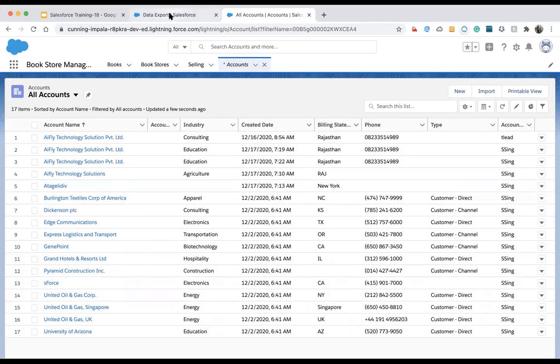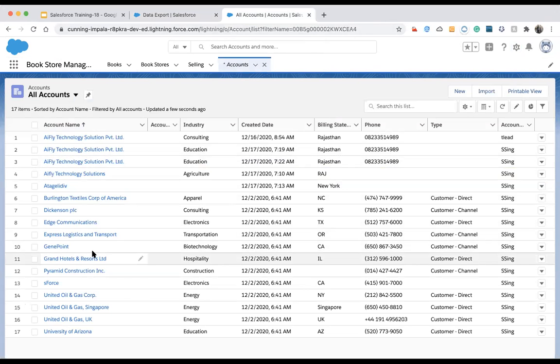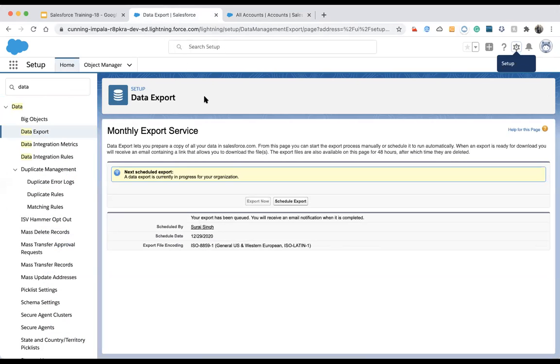Just like I click on Account and click on export now, it will create a CSV file and all of the account data will be downloaded, taken out and sent over to me. We cannot filter what we want to export. If we really have to filter, we will talk about that. So this is how it works and it will take time.